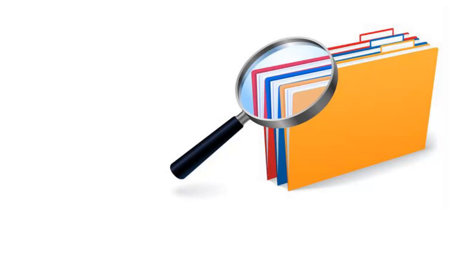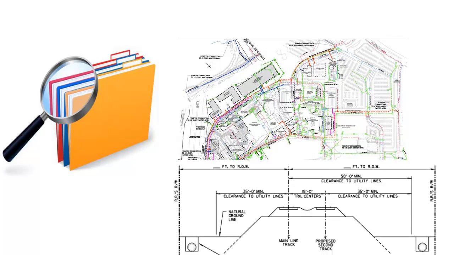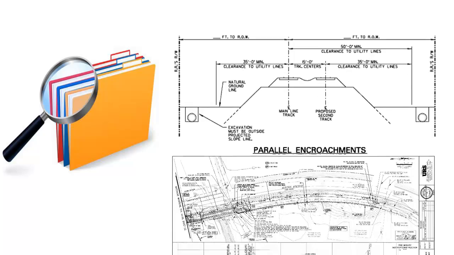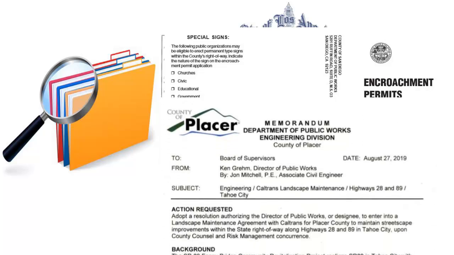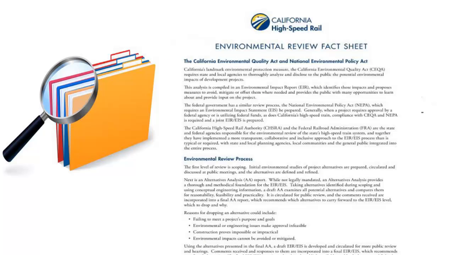We will now address the second topic, supporting documents. This short video cannot provide a complete list of all documents you will need since every project is different. However, here are some examples of typical supporting documents you may need to provide: project plans including layouts, cross-sections, profiles, construction details, traffic handling and detour plans, engineering reports and design calculations supporting the design, stormwater management plans, environmental approval, letters of support from local agencies or permits, cooperative and maintenance agreements.